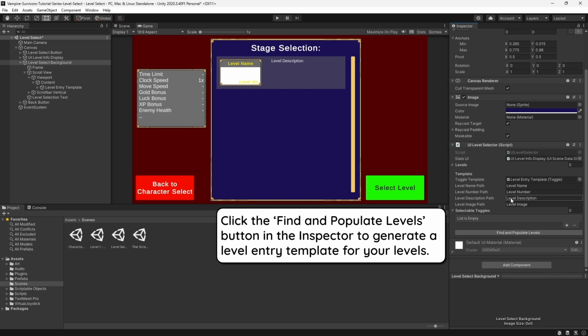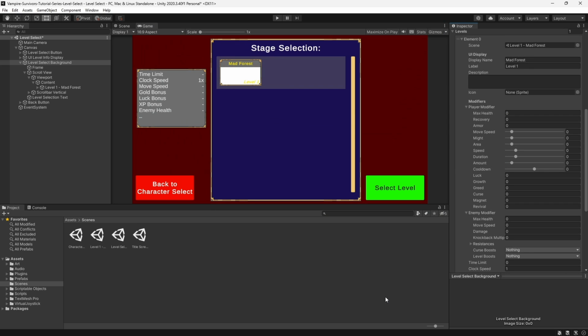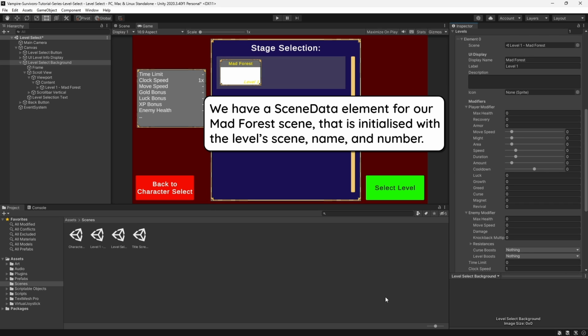Now we can click the Find and Populate Levels button down here to generate a level entry for the Mad Forest map in the levels list that we can configure. So let me just click it and open up the levels list, and there we go. Alright, so we've got a scene data element that has already been initialized with the level scene, its level name,